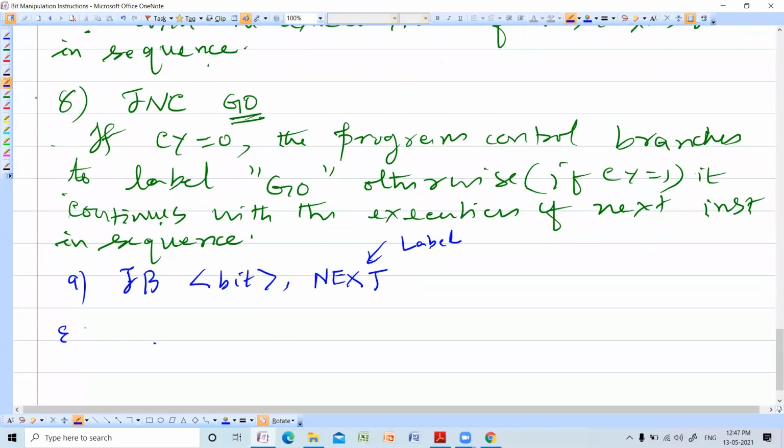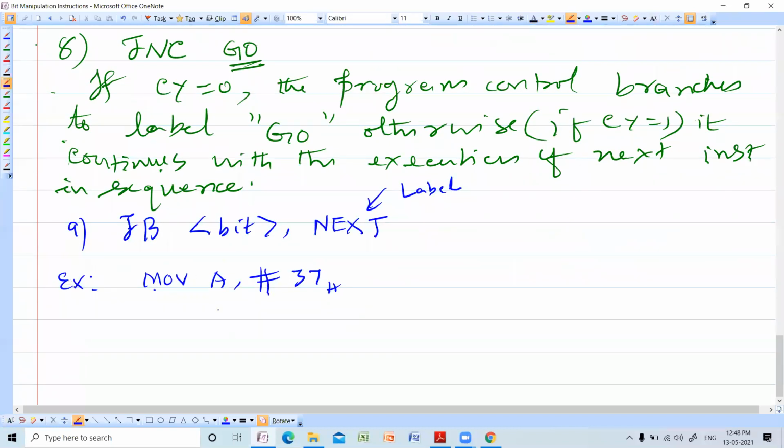So what is the example? Move accumulator, comma, 37H. Now I'll check JB ACC.1, next.